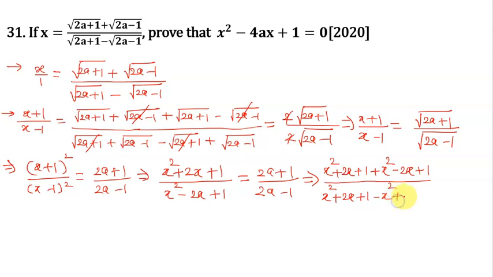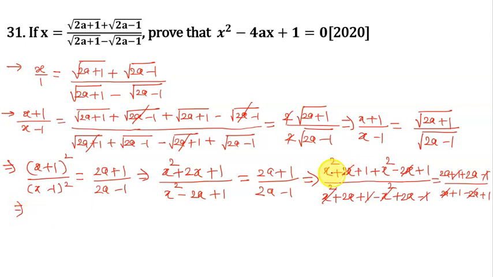x² plus 2x, and here is minus 1, and that's equal to 2a plus 1 plus 2a minus 1, and to the denominator 2a plus 1 minus 2a, and here is plus 1. Now we have plus 1 and minus 1 get cancelled, plus 2a minus 2a cancel, and from here plus 2x minus 2x get cancelled, plus x² minus x² get cancelled, plus 1 minus 1 is also cancelled,